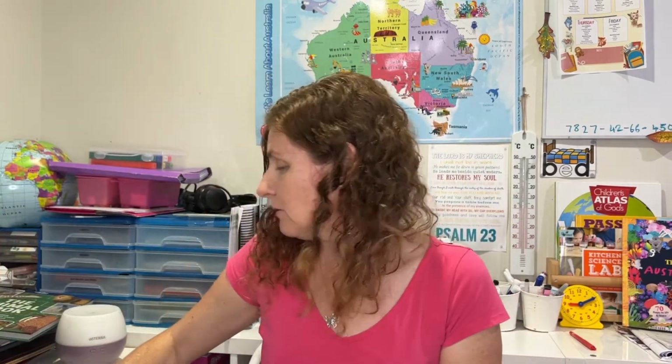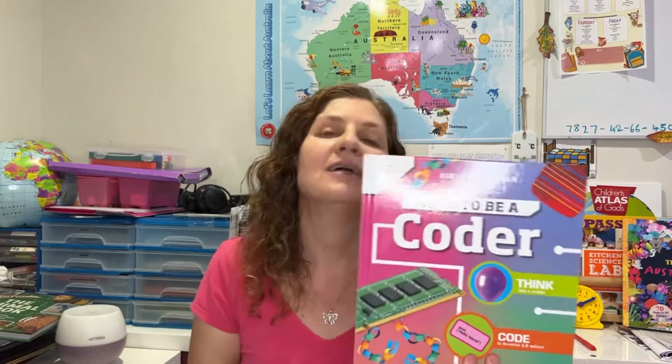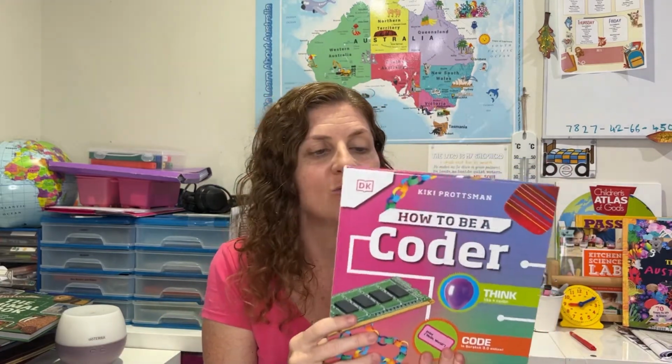And then the last one is DK, another one of my favorite publishers. This one looked really interesting. It's How to Be a Coder. My oldest is into coding and she's learning about that. But this isn't just coding on computers, which I was like, oh,